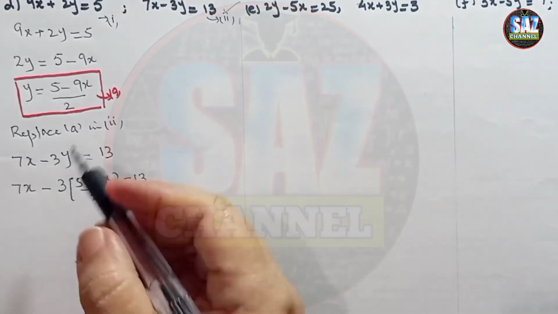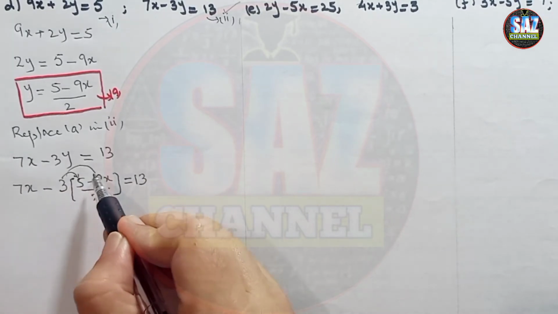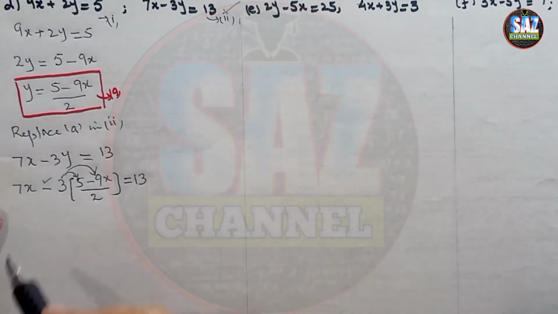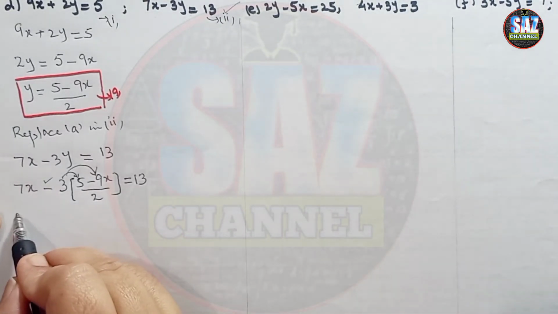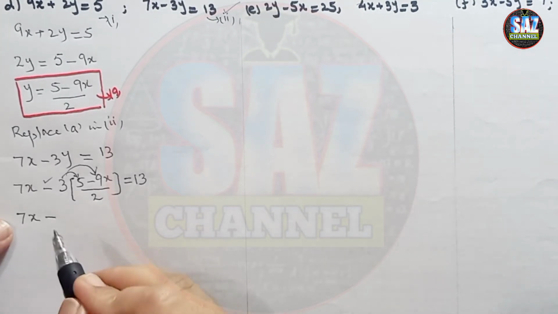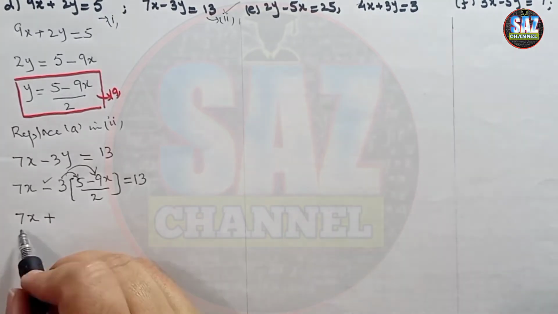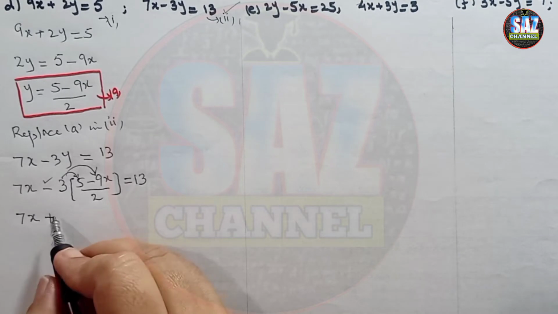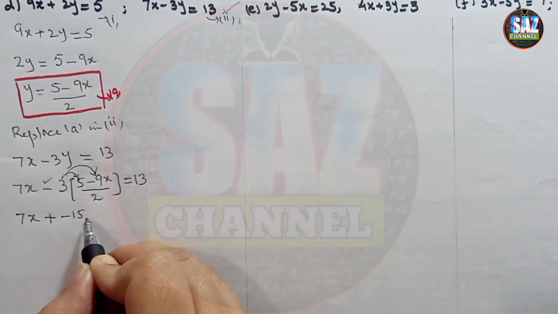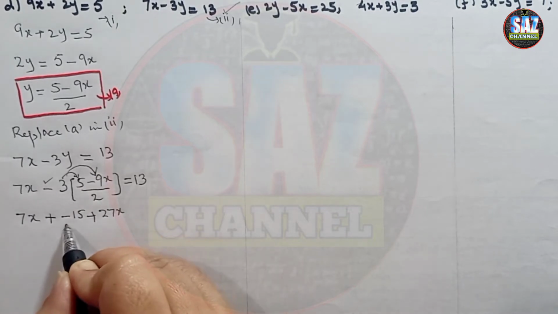Now what I have to do, I have to multiply this 3 carefully with every term inside the bracket, and there is a minus sign as well, so we have to take care of that as well. So the equation will take the form 7x minus, this is minus 15, because both of the fractions are not having the same denominator, so I have to be careful, plus minus 15 and plus 9 3s are 27x by 2